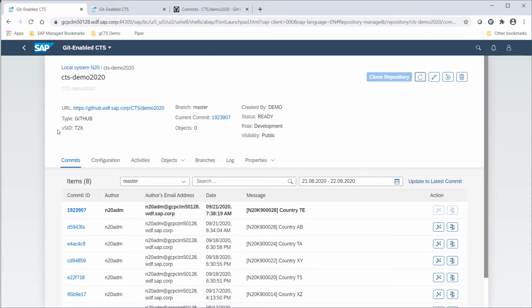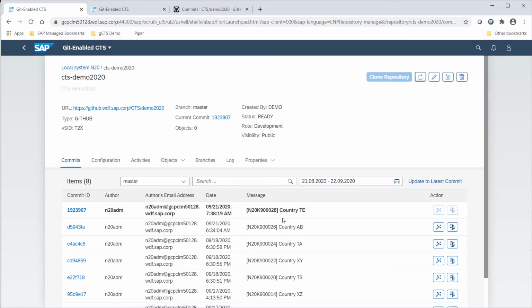And also in here you can see as virtual SID the target system that we just used. So this is where you can see what you have to use if you create a new transport request in the customizing or in SE09, or if you also work with customizing objects. Okay, so here we do have the new transport as a commit. We can see it's the active one.